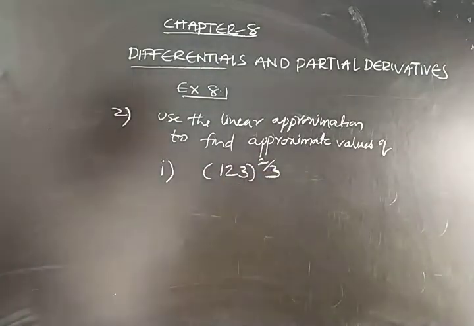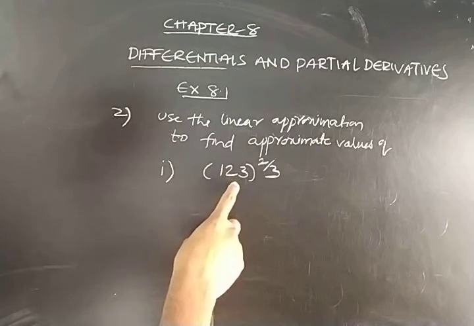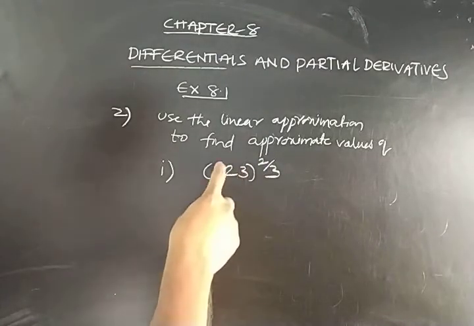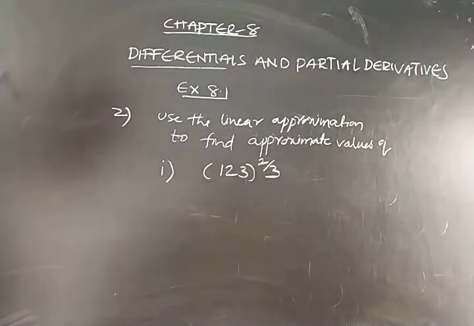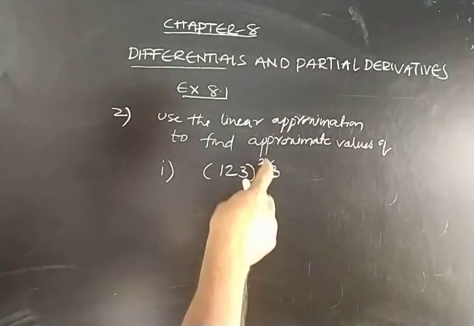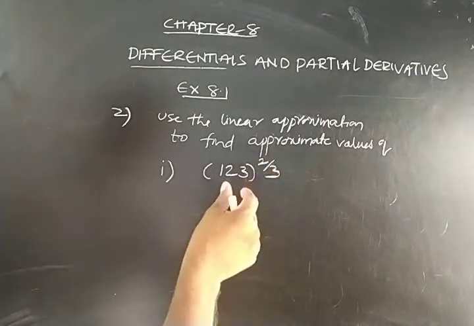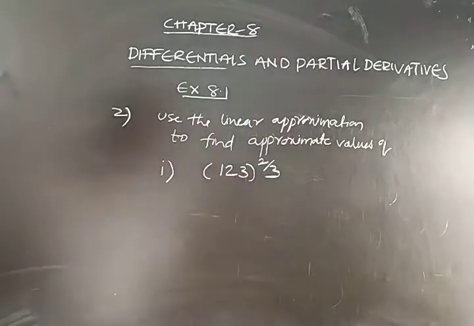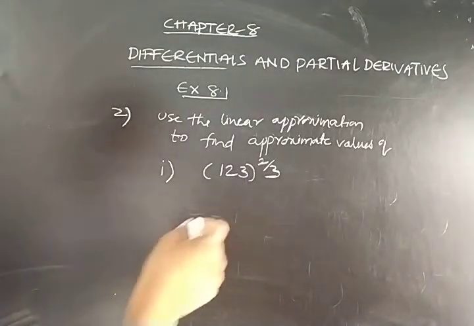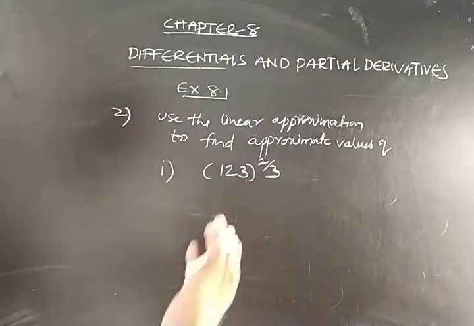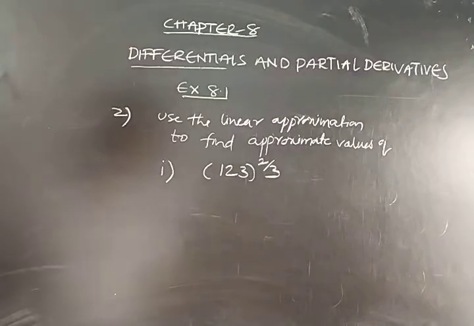So this is x value 123, and we have to find the approximate value of this. If you assume this as x to the power of 2 by 3, that is the function. So first of all we have to find the linear approximation. After that we have to find the approximate value of this. So here we have a cube root. Cube root of 123, you will get the approximate value. So what is the nearest perfect cube to this number? The nearest value to 123 is 125. 125 is the perfect cube, and its cube root value is 5. Okay, so we can choose 125 as x naught.